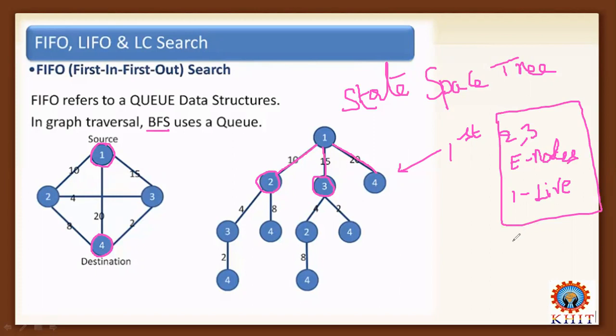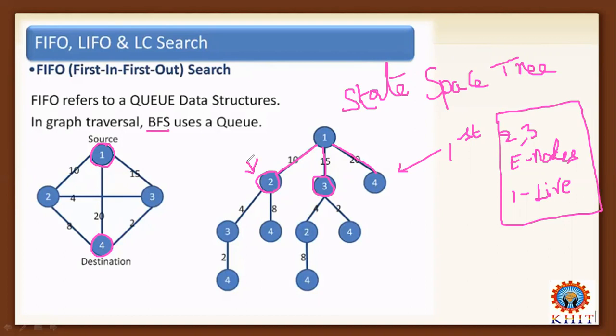And we need to find the answer node. In the first iteration, what are the possible ways of moving from node 1 to the remaining nodes? We can mark it with proper weights. Once the first iteration is completed, we can consider the E nodes. What are the E nodes? Node 2, node 3.